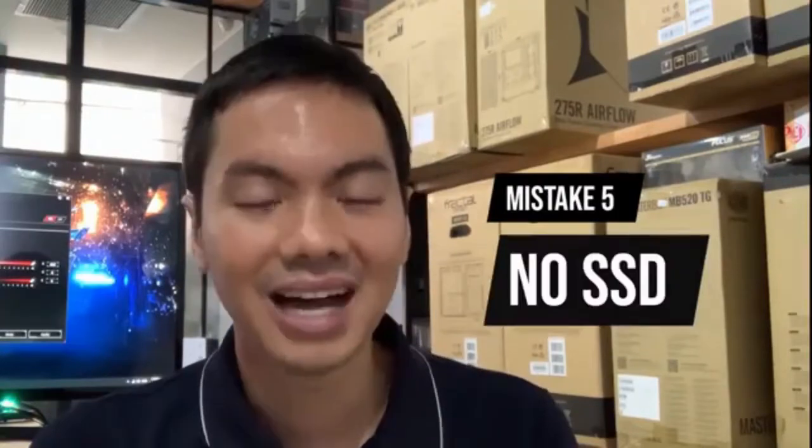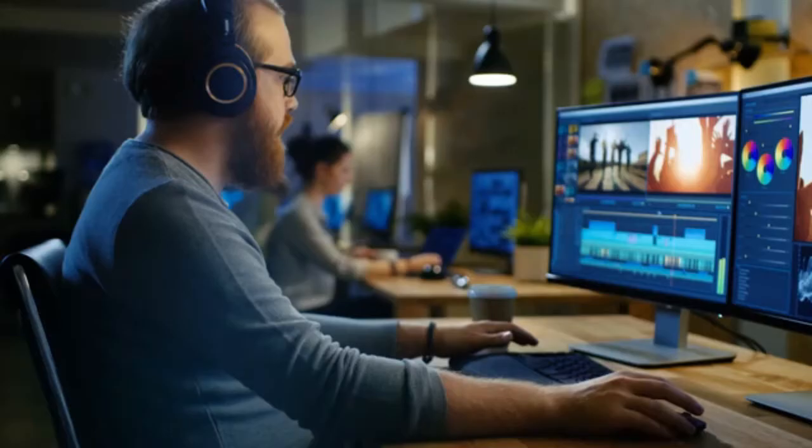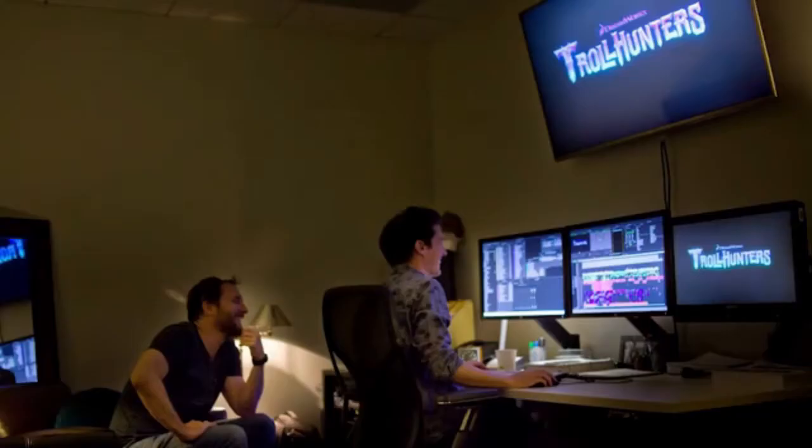The next building mistake is not including an SSD. I understand, mahal talaga yung SSD. Kumpara natin kung magkano. Let's say a 1 terabyte hard drive, usually kaya mo bilhin mga 2,400. Yung SSD, kung same price, 2,400, makukuha mo lang 500 gigabytes. Roughly, mga double the price yung SSD sa hard drive. Why am I recommending it? Why am I saying that all builds, regardless kung pang-office, pang-gaming, pang-video editing, lahat ng builds dapat may SSD?